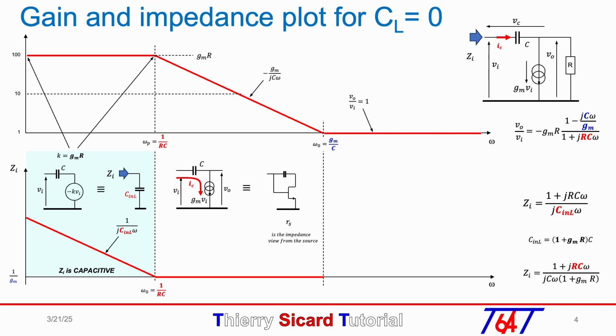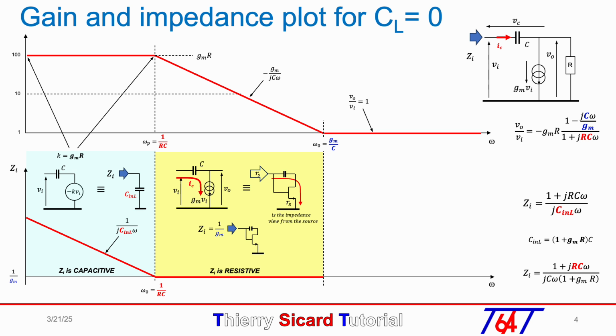Resistor RS is the impedance of the NMOS measured from the source. But since the entire current source comes from the input, the impedance seen from the input is also RS. Since RS equals 1 over Gm, the input impedance is equal to 1 over Gm, and the input current flows through the capacitor C. The resistive input impedance area is noted in yellow.